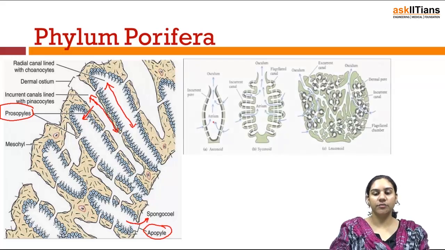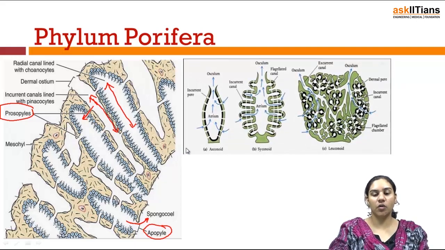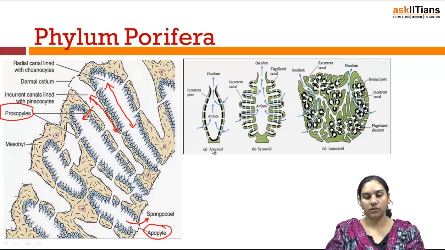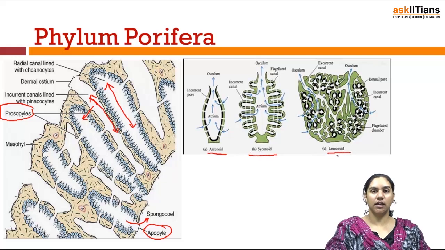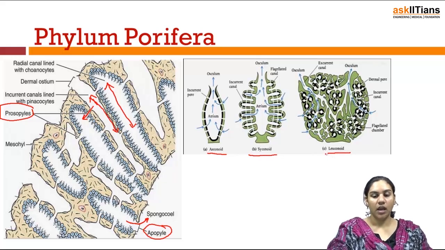Our next diagram shows the arrangement of the body wall of the sponges according to the canal system of these sponges. The first diagram shows the asconoid canal system, the next shows the syconoid canal system, and the next is the leuconoid canal system. The asconoid, as we have already discussed, is the simplest canal system among the sponges. So the pathway of water